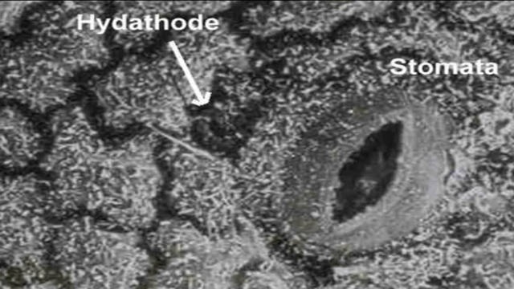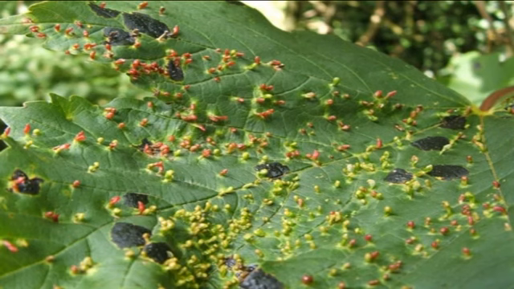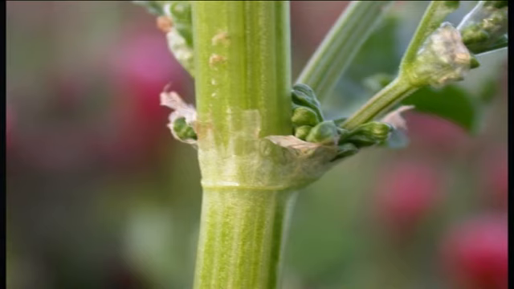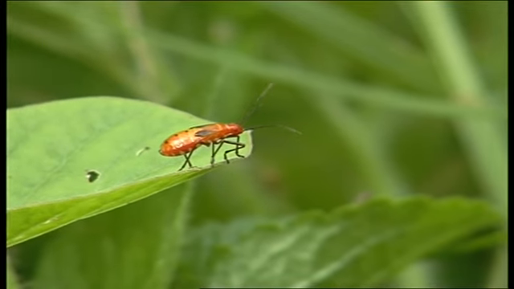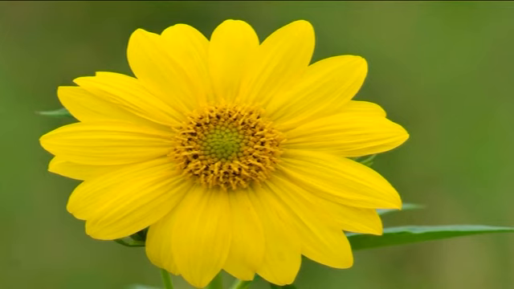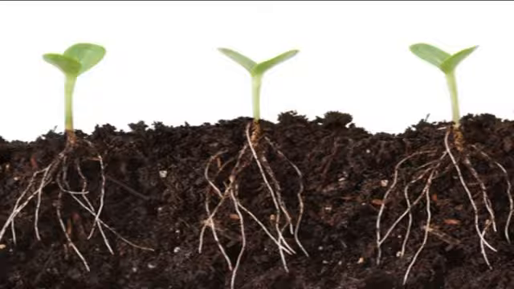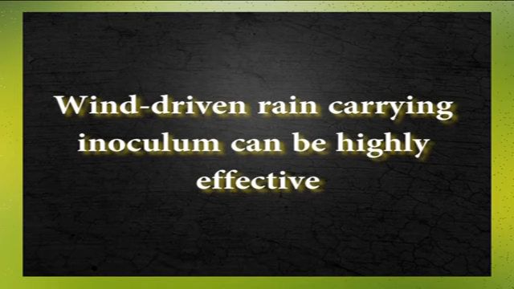Bacteria can be sucked into a plant through natural plant openings such as stomata, hydathodes or lenticels. They can enter through abrasions or wounds on leaves, stems or roots, or through placement by specific feeding insects. The nutrient conditions in plants may be such as to favor multiplication in different plant parts, for example, flowers or roots. Wind-driven rain carrying inoculum